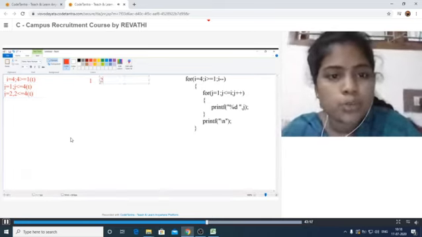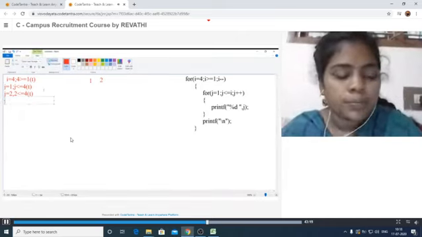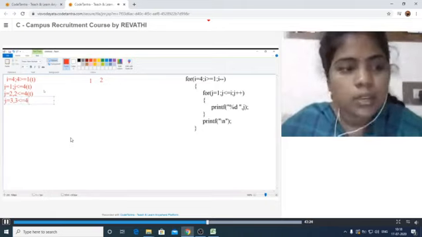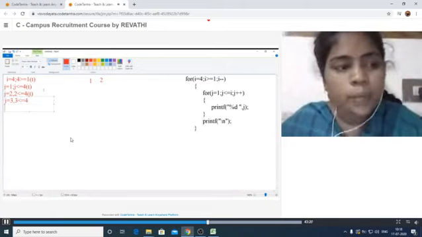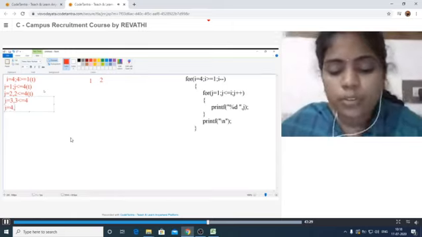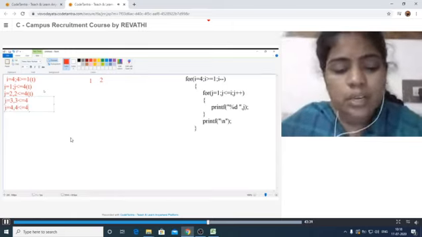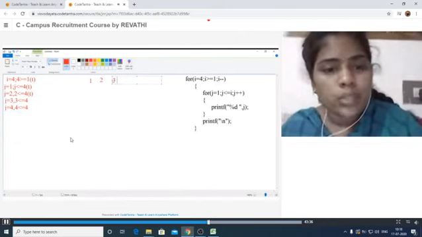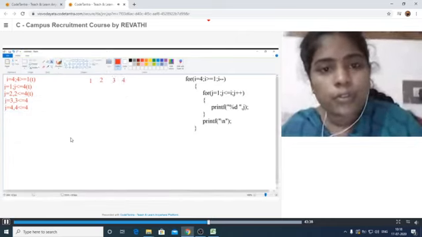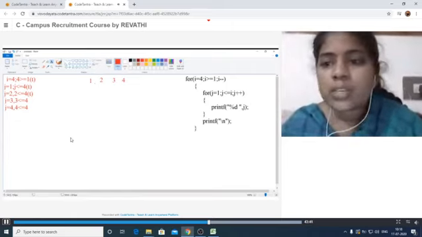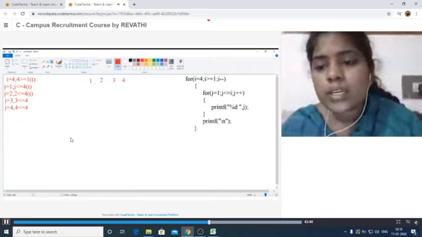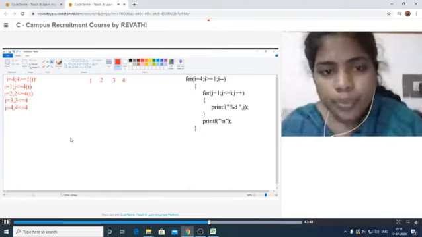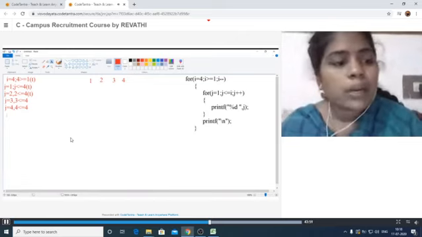Again j is equal to 3, 3 less than or equal to 4, the condition is true, it prints another value. Next j is equal to 4, 4 less than or equal to 4, the condition is true, it prints the j value, 3, then 4. Okay, this is the first row. Whenever j is equal to 5, this condition is false, then it comes out of the inner loop. That means it moves into the next line. Then i is decremented by 1. That means this is the next case.